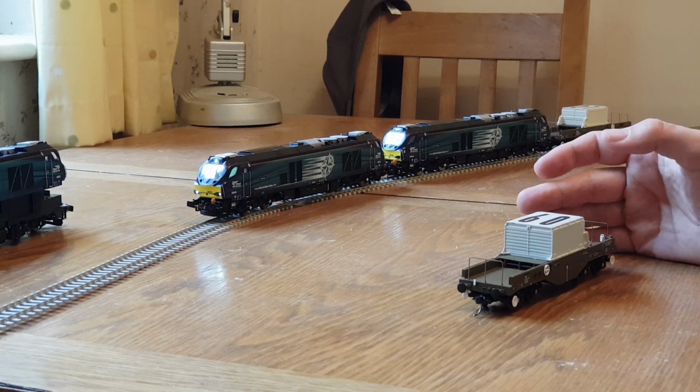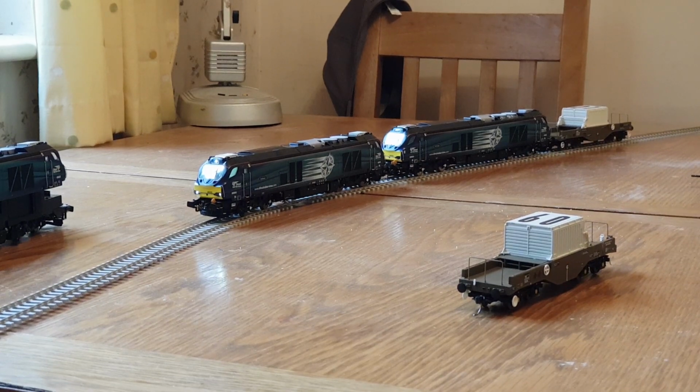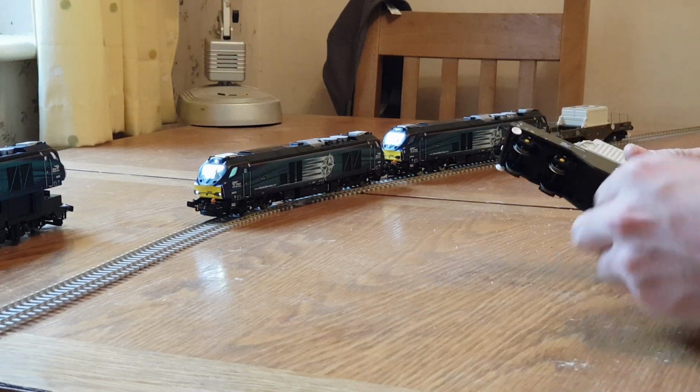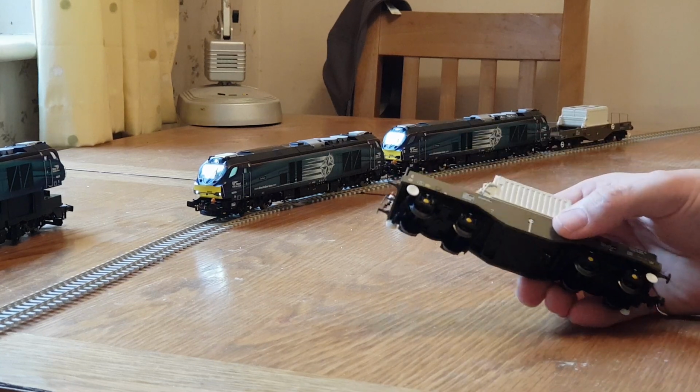68s are used on a variety of duties. Predominantly they're used by DRS, used by Chiltern, well at least from DRS for passenger services, but they're mainly used for freight and nuclear flask duties. That's what I've chosen to replicate here. So I've used the Dapple flask wagons,